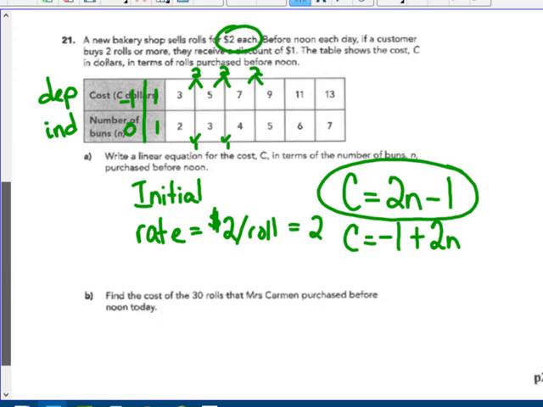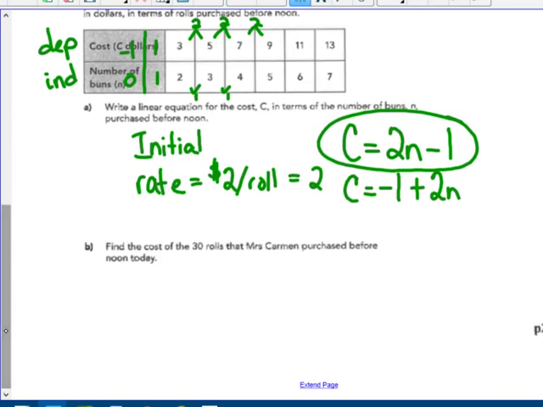Find the cost of 30 rolls that Mrs. Carmen purchased before noon today. So what is the cost if I'm going to buy 30 of them? Well, that's the number of buns, right? So 2 times 30 is 60, and minus 1, so it's 60 minus 1, which would be 59. So the answer is